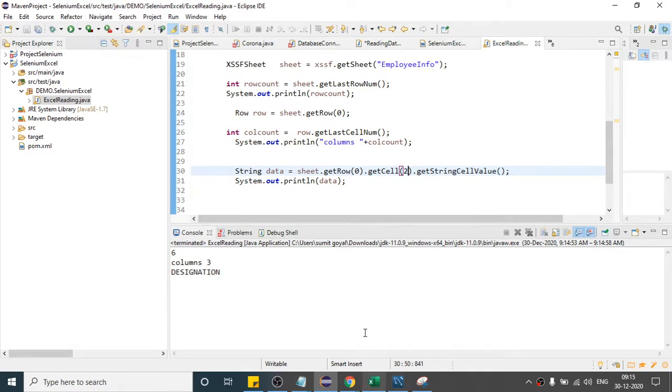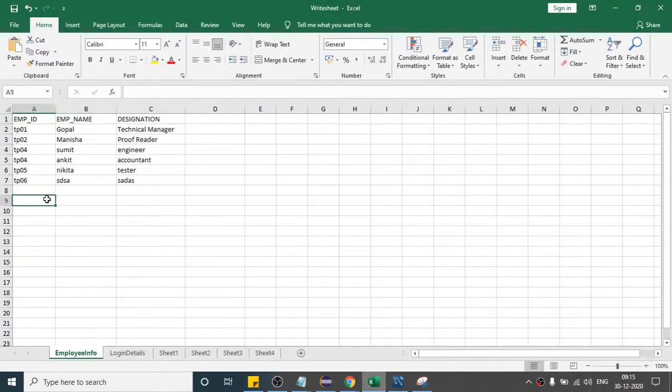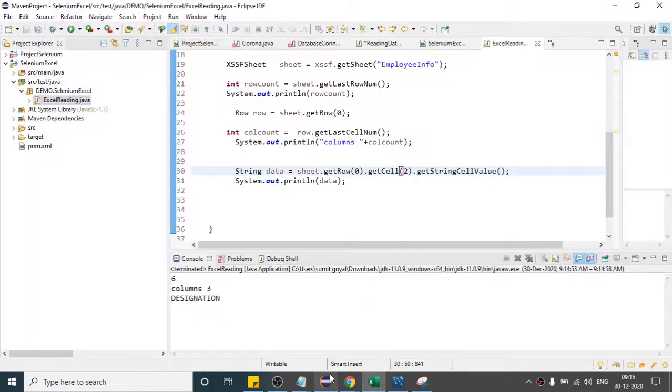But if you want to print all the data, you do not have to write this line 6 times or 7 times, right? Because you can have hundreds of data here. So what we can do, we can use one for loop so that it can print all the data. So if I execute it from 0, I will write row count so that this for loop will run for the total number of rows.